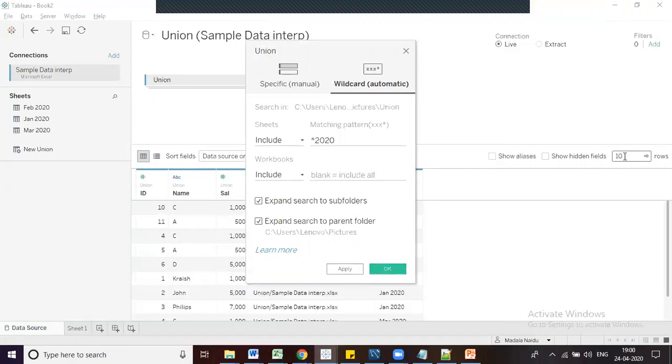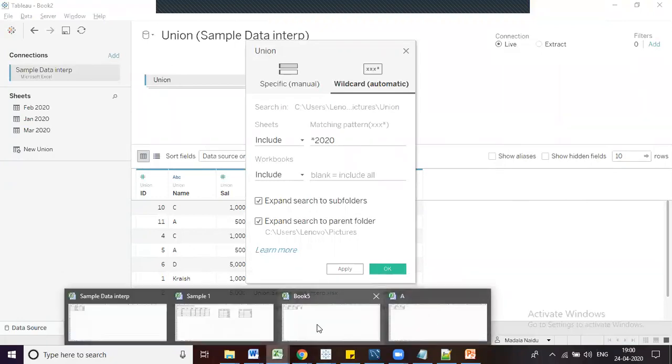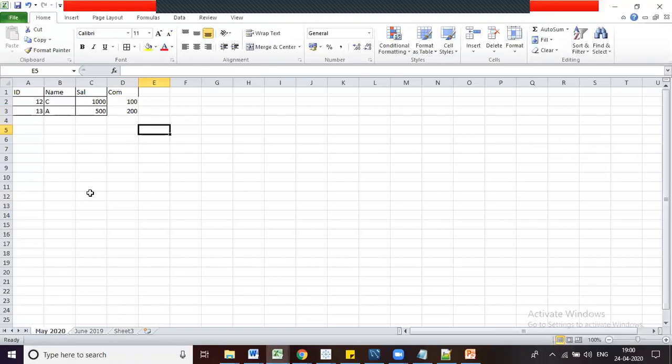Now the record count is 10, the number of rows is 10. If you see under book 5, in the May 2020 sheet we have 4 columns and 2 rows. In June 2019 we have 2 rows, but let's see how many records it will include. As per our requirement, it should include only the May 2020 data, meaning only 2 records.